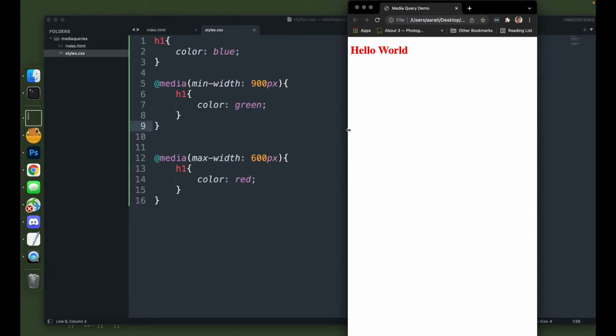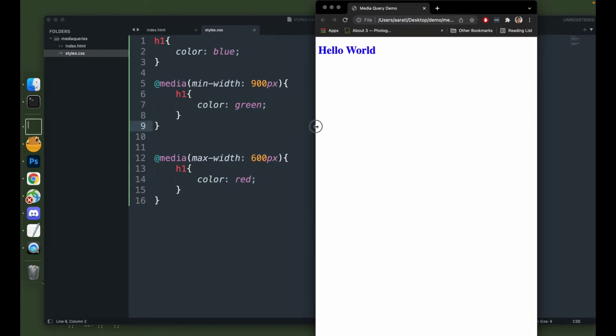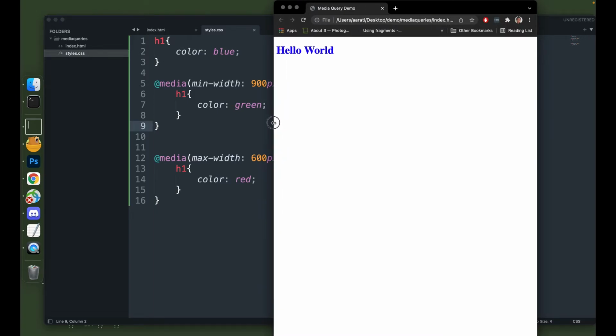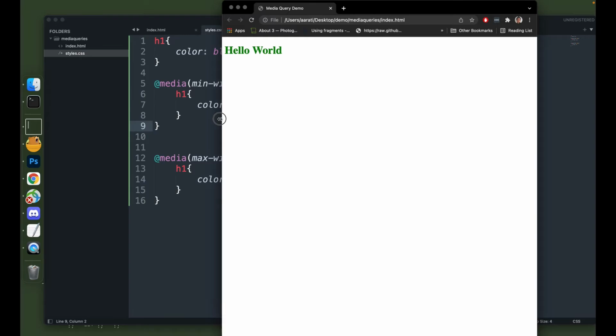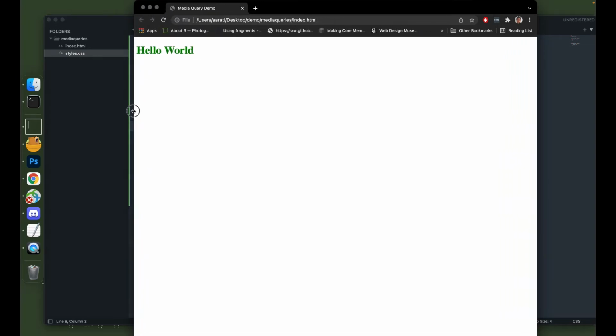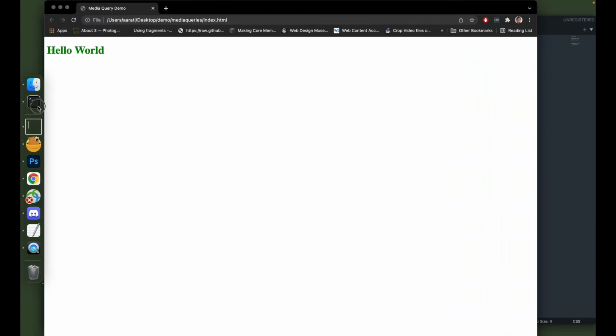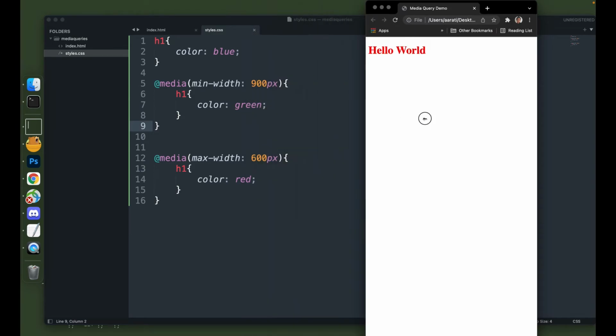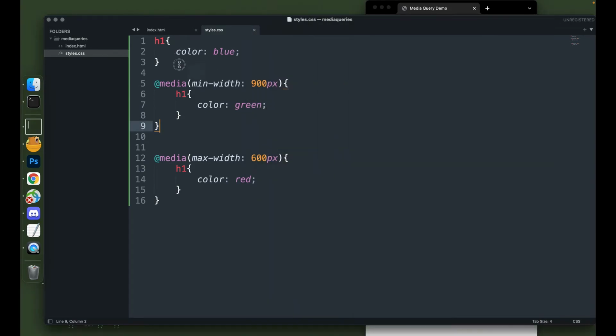So I'm less than 600, it's going to stay at red. Now it's blue because it's greater than 600, but watch when it gets to 900, it will change to green. And so, I mean, it works, but it's very confusing to read, right? It's confusing to me to have the default be in between these two states. So I would stick to probably only one media query, which is like a